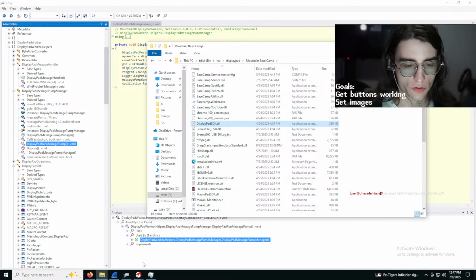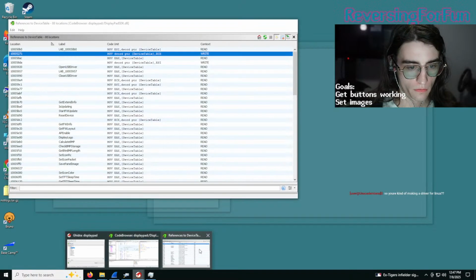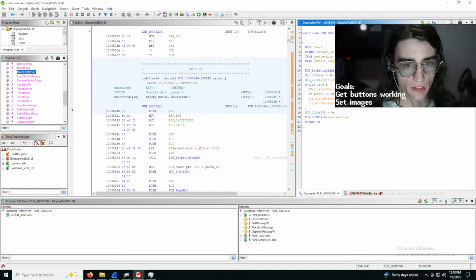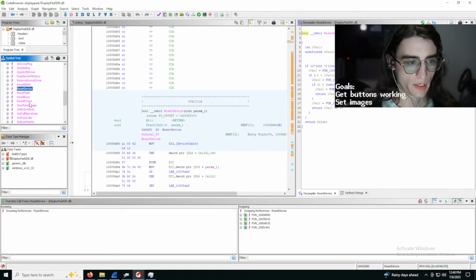I'm making a driver for Linux. Yep, you got that spot on. So I've got that DLL file loaded up into Ghidra, and I'm going through and looking at the